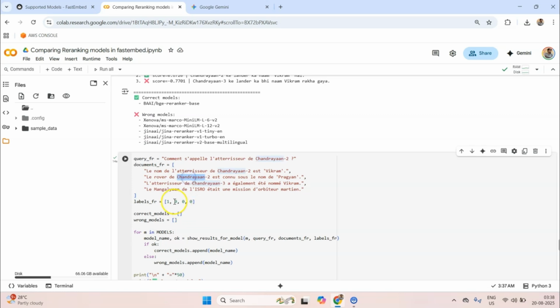Okay, that's good. So you see, these types of experiments will help us understand whether a given re-ranker model is a suitable model for our task or not. So this was the whole idea of creating this video, to help you understand and basically do this kind of testing on models based upon your own use cases.